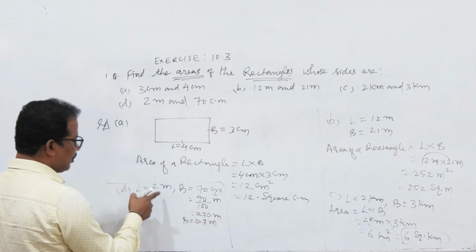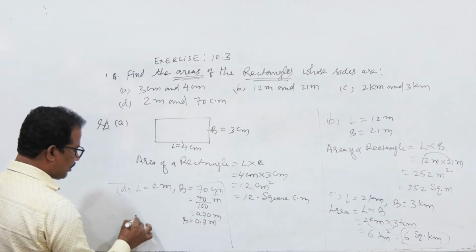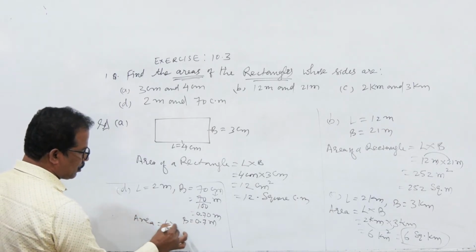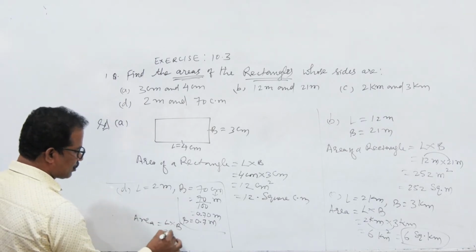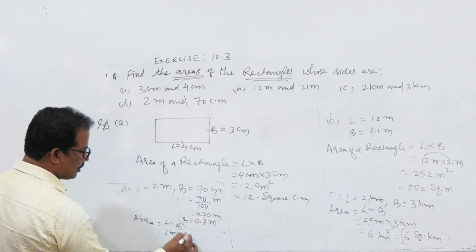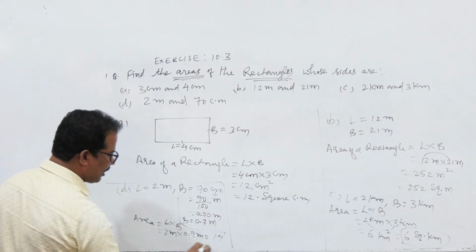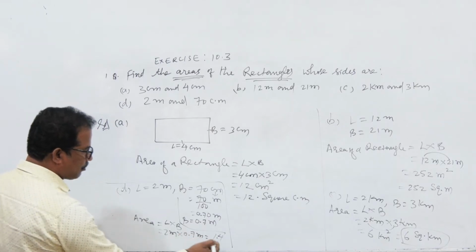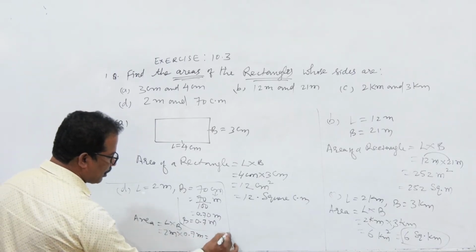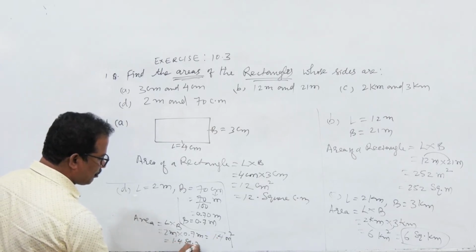Now both the units are in meter. Length is in meter, and the breadth is also in meter. Now we can find the area. Area is length into breadth. The length is 2 meter and the breadth is 0.7 meter. If you multiply 2 7s are 14, the point will be placed here, because there is one digit from right to left. So 1.4 meter square. That means we can write the area as 1.4 square meter.